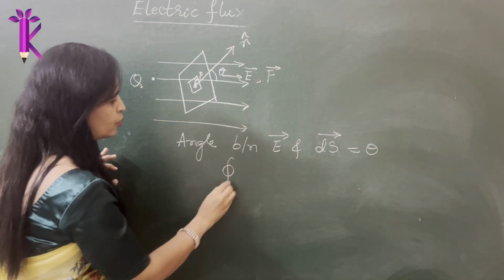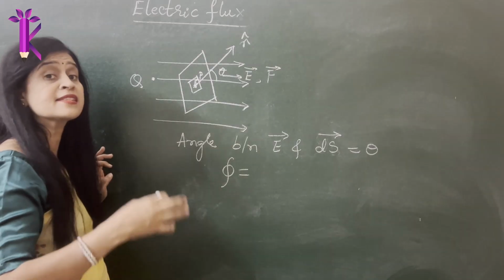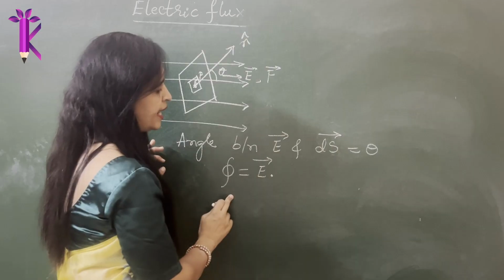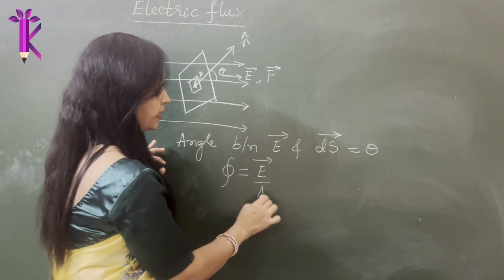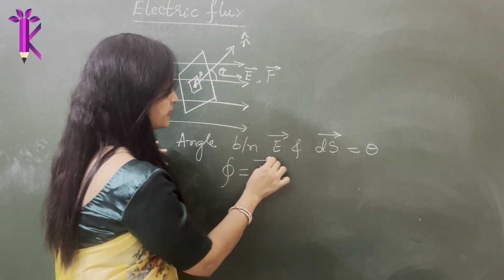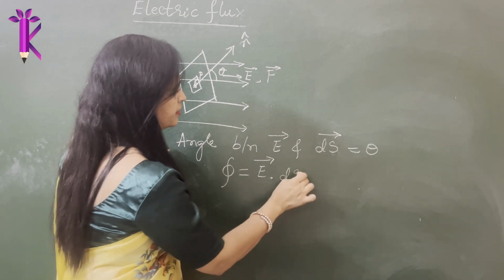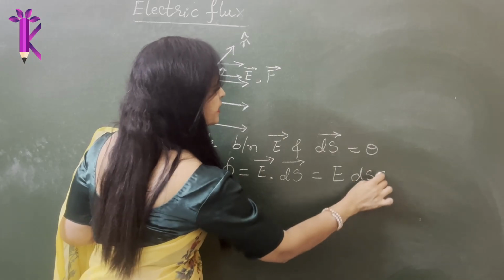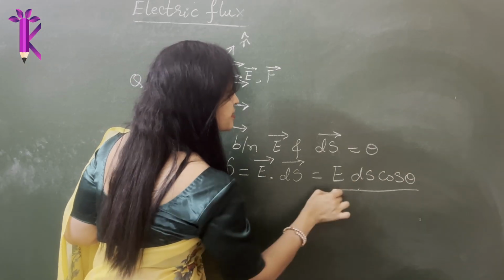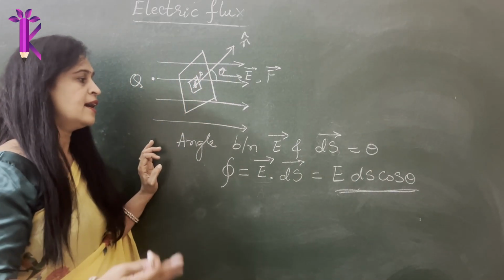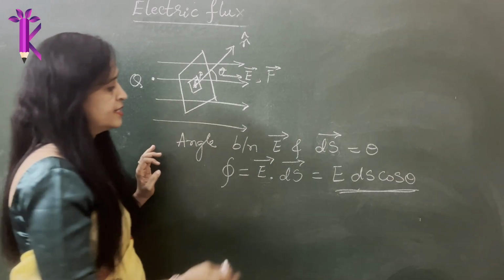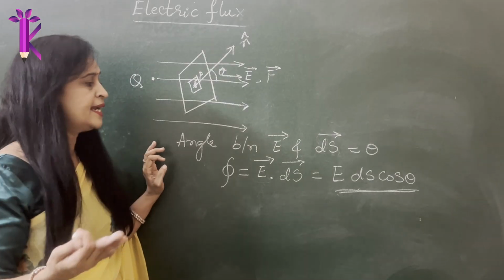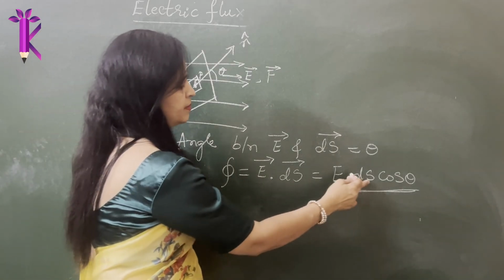So in such cases, how do you define your electric flux? Electric flux is the number of electric field lines crossing per unit cross-sectional area. So number of lines per area like this, or you define it as the dot product E dot dS. The dot product can be written as E dS cos theta. You will learn this in detail in scalars and vectors. You've learned it in first year, class 11. The dot product is given by E dS cos theta and the cross product is given by E dS sin theta. So here it's the dot product between these two vectors.